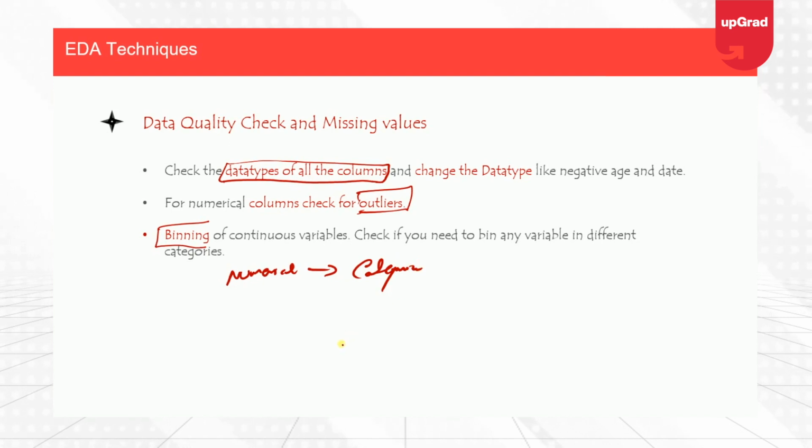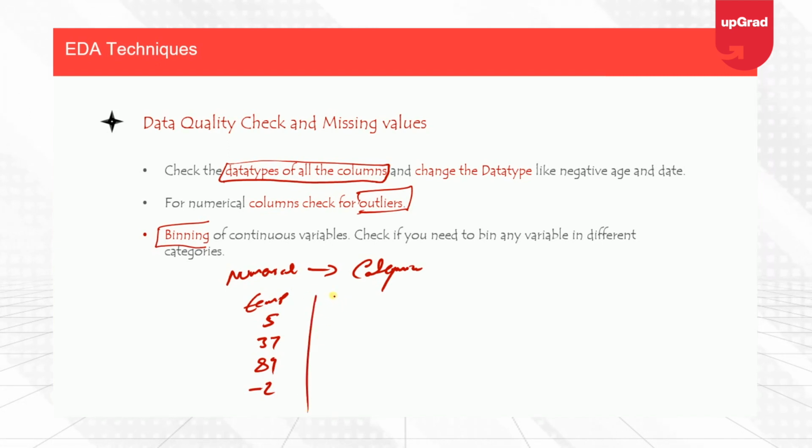Let's take an example of temperature, right? Let us suppose that we have some values here. Let us say 5, 37, and let's say 89, and let's say -2. All right, let's say we have some numerical values here, and what binning says is that we basically convert a numerical column into a categorical column. So what we can do is generate a new column here, let's say called level,